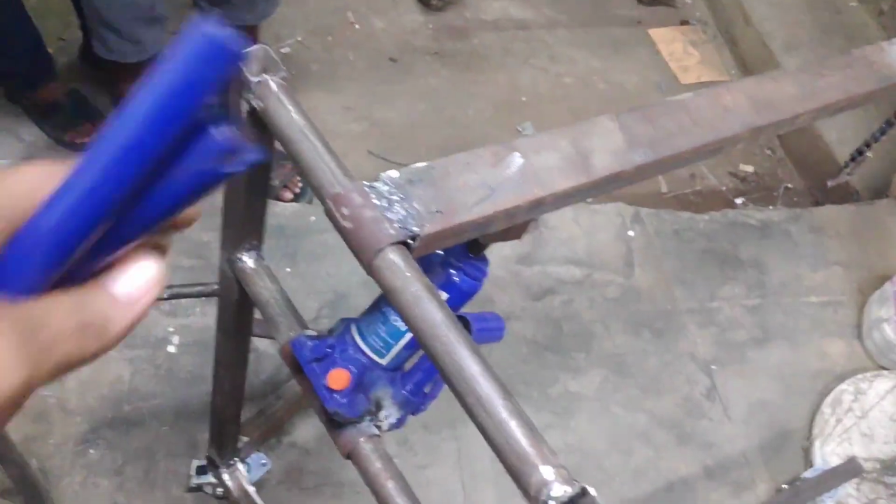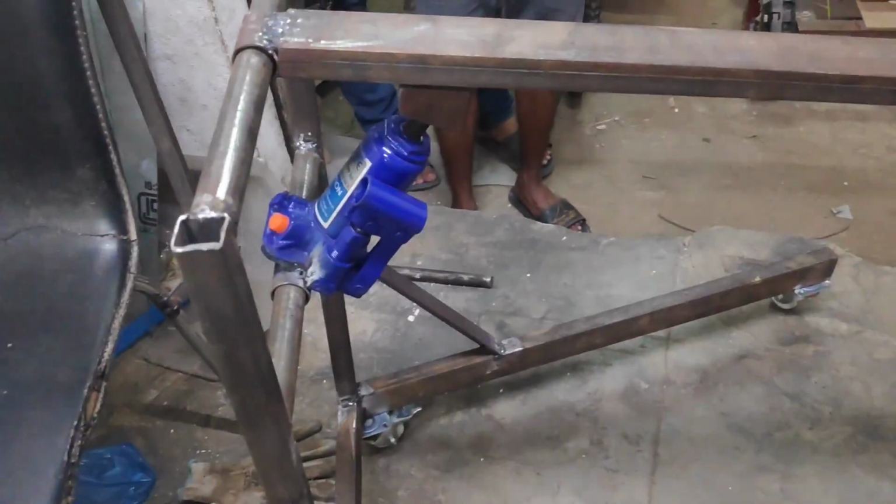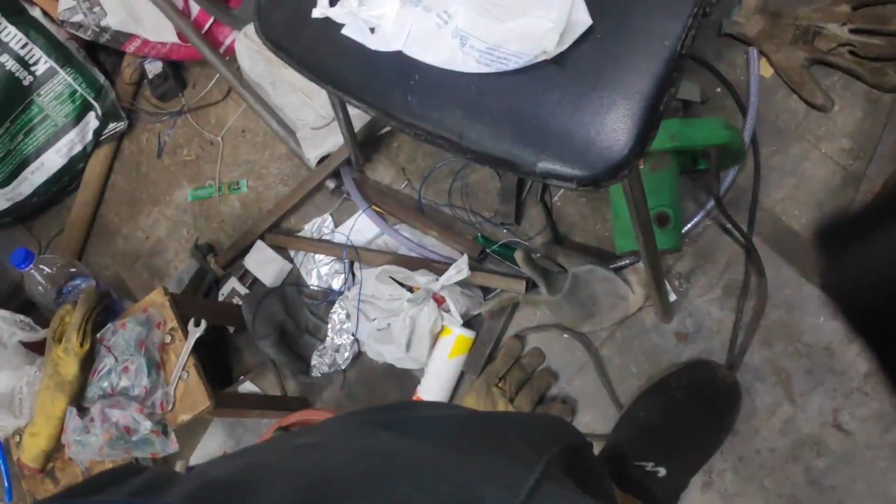When we need to unlock, you just toggle the buttons up, and then you can see the movement. So here we have used a round pipe to move the hydraulic jack freely. So these are the levers. When we connect these levers to the jack,